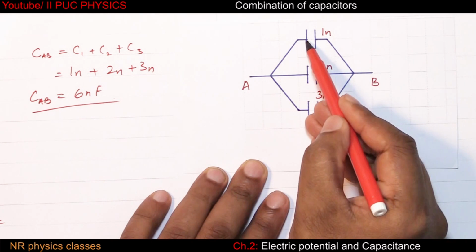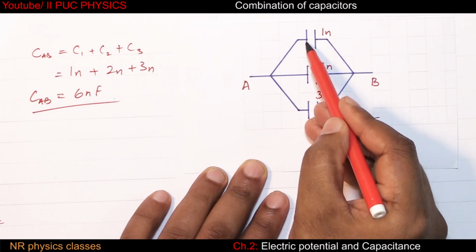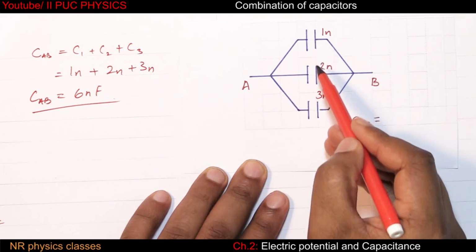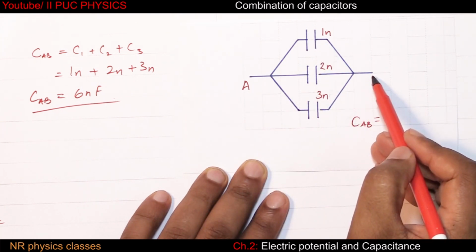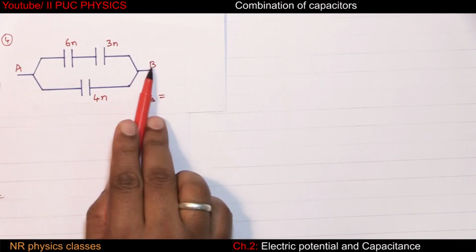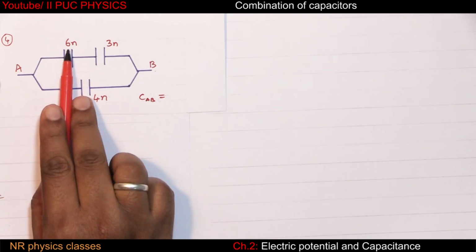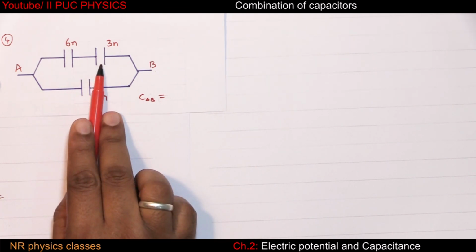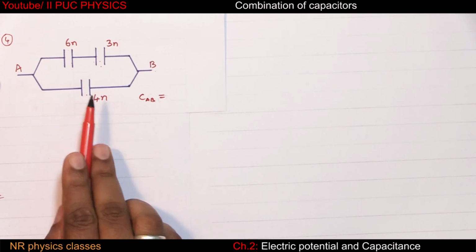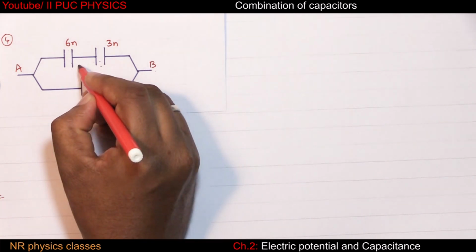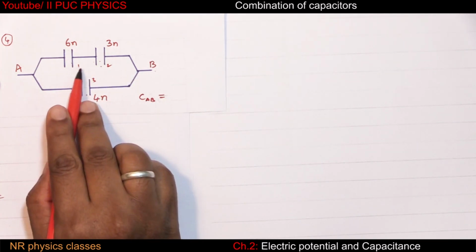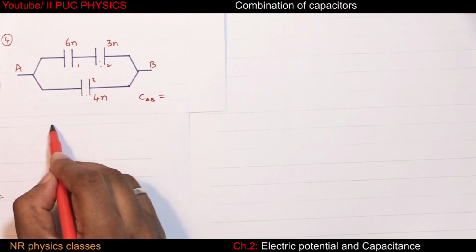Okay. One end of the capacitor. See, left ends of all these capacitors are connected to A. Right plates are connected to B. Therefore, these 3 are said to be in parallel. Between A and B, observe 6 and 3. These 2 capacitors are in series. That is in parallel to 4. Let it be first capacitor, second, third. So first and second are in series.